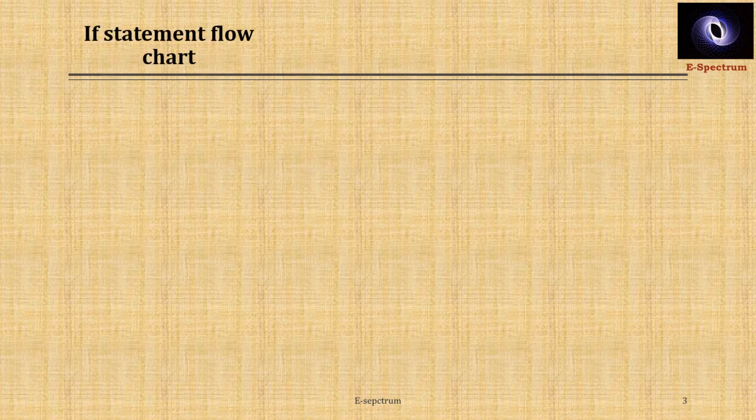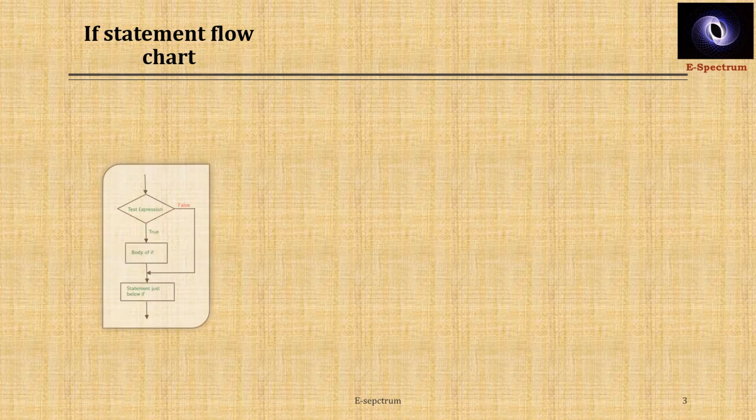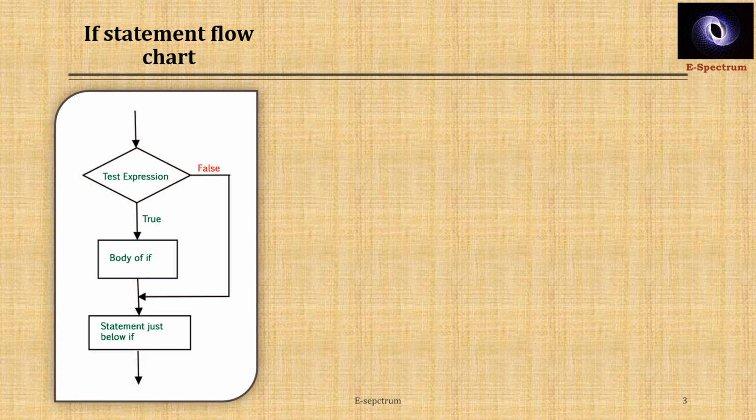First, what is the necessity of conditional statements? How is the flowchart of each statement? In programming, we sometimes come across decision taking, where if one condition is true, I should execute one part of the instructions. If it is false, I should execute some different part. So in that case, I will be using the if statement.